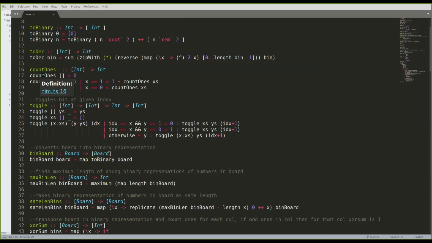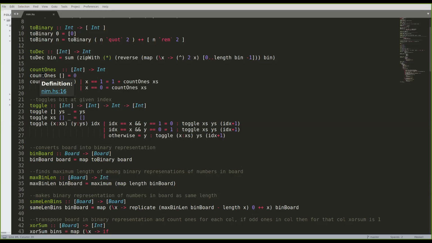All I could suggest is that in this toDec bin, right now it looks a bit complicated. So you could use a function, for instance, powersOf2, which would be the reverse of the map of lambda x arrow 2 to the power x.